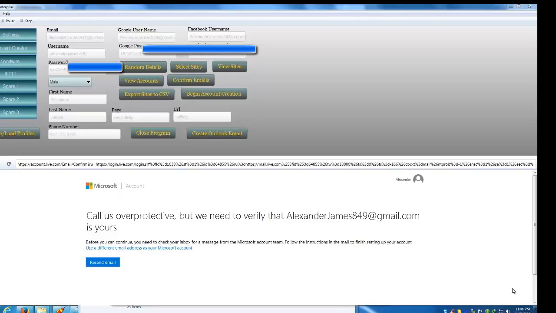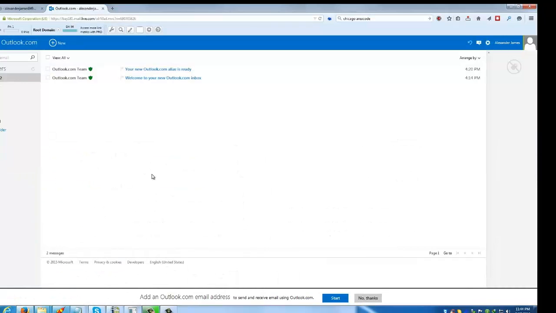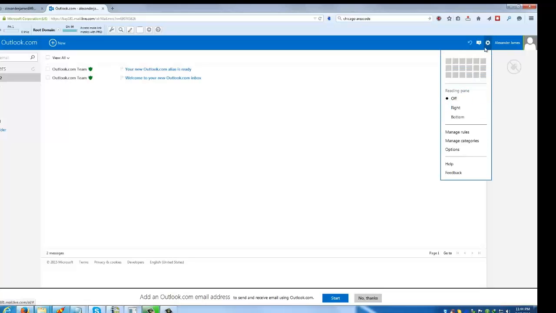I want to show you one more thing in terms of Outlook, and this is probably true with every email system. Here I am in this Outlook account. You see it's empty, just the two emails there. And there's this little gear over here. When you use Outlook with our software, you have to come over to this gear and click on Options,